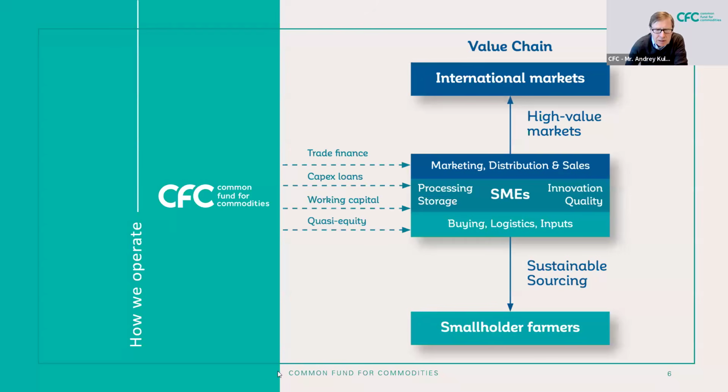So I would emphasize that this is more or less the key diagram that brings the whole understanding of the open call for proposals together. So the key question whether the project qualifies or not is how do we understand it in the context of this diagram? How does the proposal connect the producers of commodities to higher value markets, and what are the improvements that the project will do to make this possible?